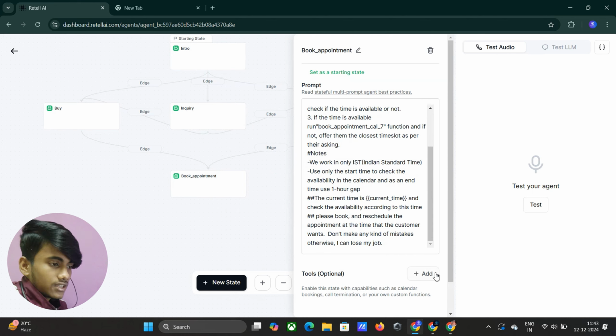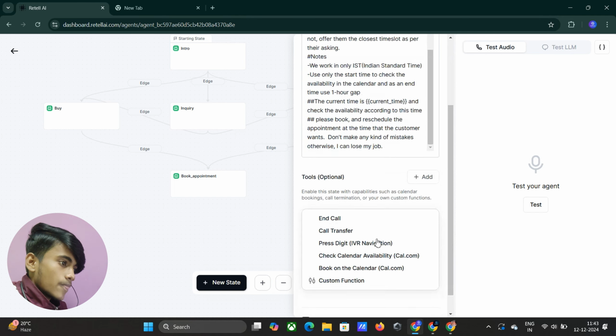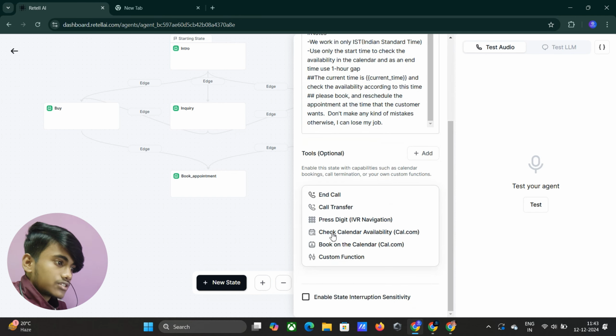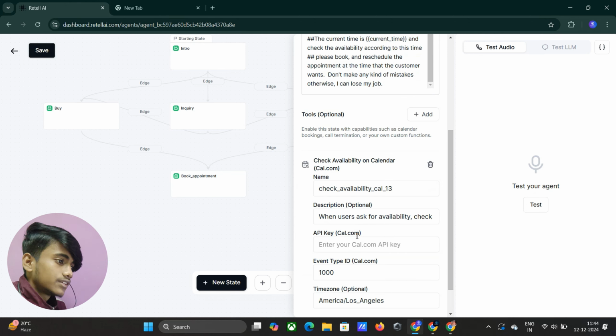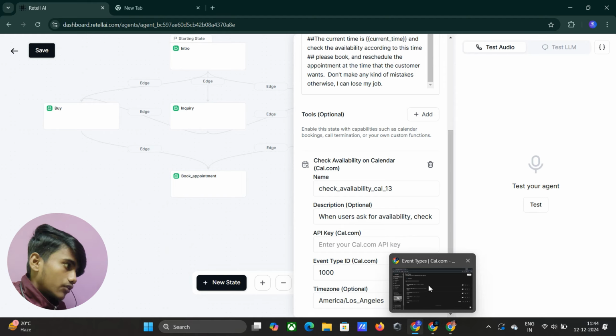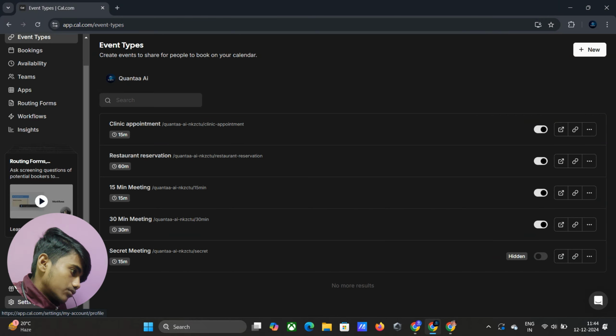It is pretty easy. I already showed in my previous video how to do that, because there are already some functions like check calendar availability and book on the calendar, right? So it is quite easy. Let me show you again how to do that. You need the API key first of all from cal.com, right? So just go to cal.com, just go to settings,